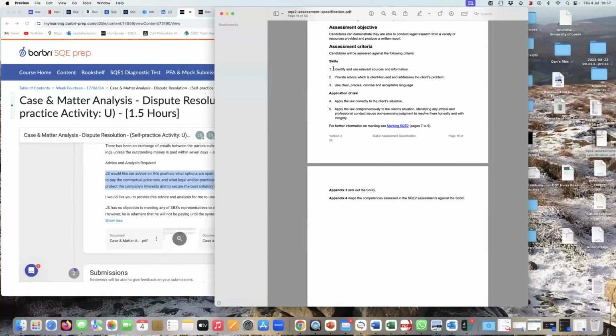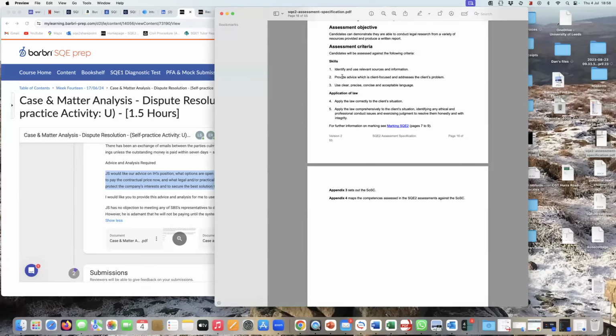So what this criteria is measuring is, when you give your advice in your answer, do you reference that advice against the relevant sources and information? Because if it's a legal research exercise, what the reader is looking for is the advice, which ideally will set out the answer to the question, but they're also looking for the authority, because they don't just want to rely on the fact that you're telling them that this is the answer. They want to be able to check that this is actually the applicable law, for example, by looking up the